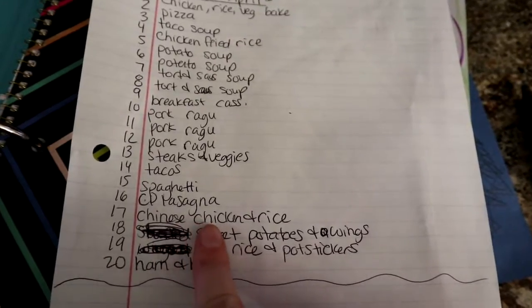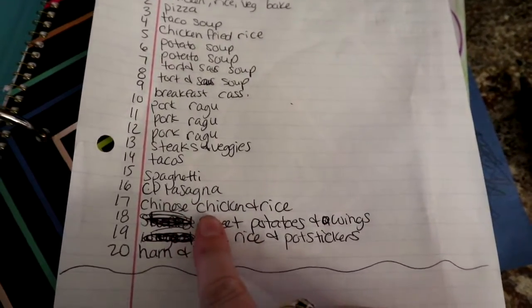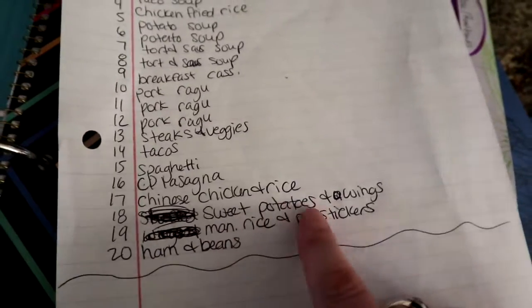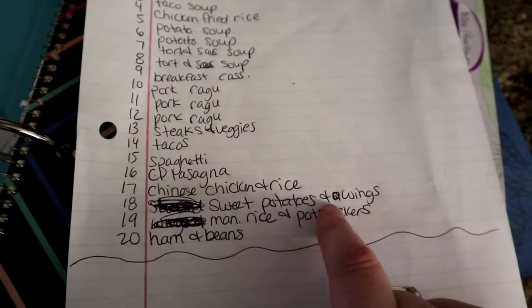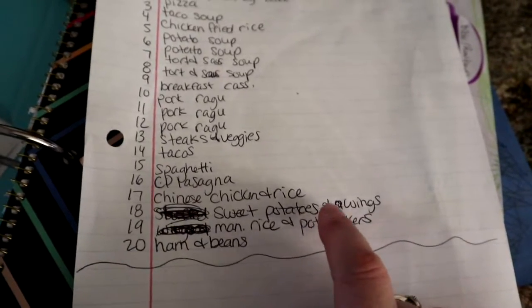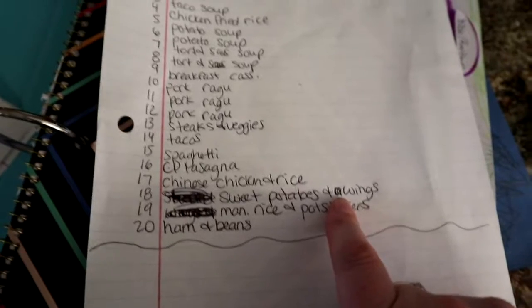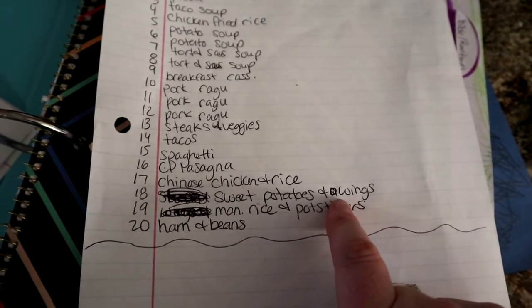Sweet and sour or something chicken, I forgot, maybe it's sesame chicken, and just some rice, and I'll throw in some veggies with that. And then sweet potato, and I bought some wings from Aldi's when they were on sale, like they were already seasoned and everything in the freezer section. They were on sale, and I picked up some bags thinking we would do that for a lunch, and we never have,